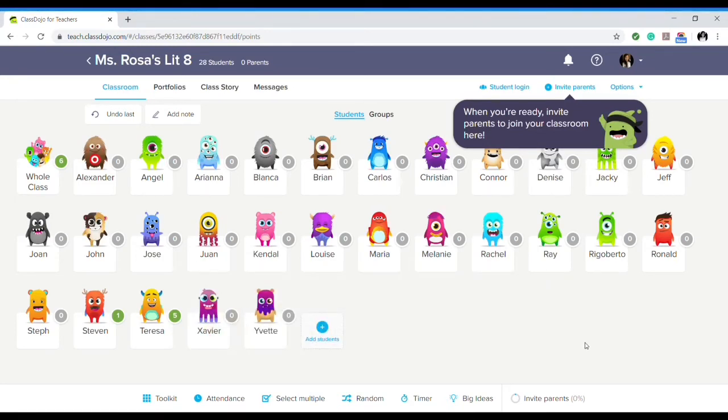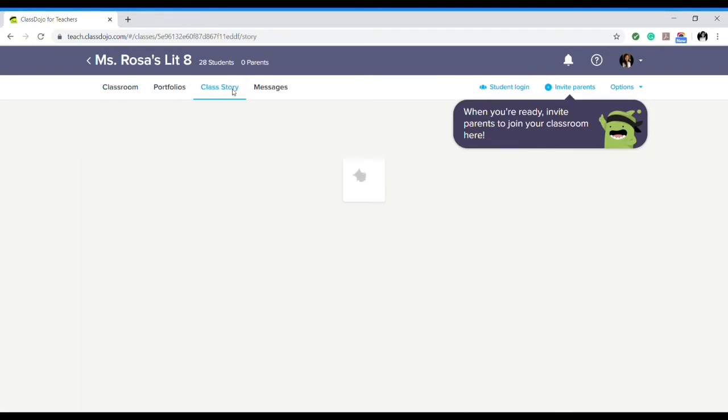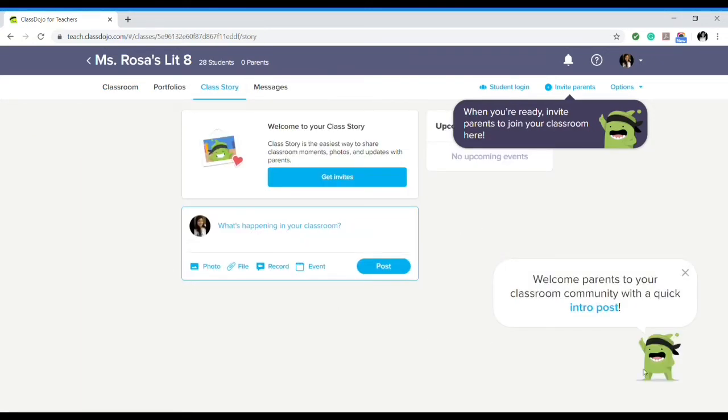Giving these students Class Dojo points encourages them into participating because they want to receive the points. So that's why they participate. Another cool hack that Class Dojo has is the class stories, which kind of works like a Twitter or a